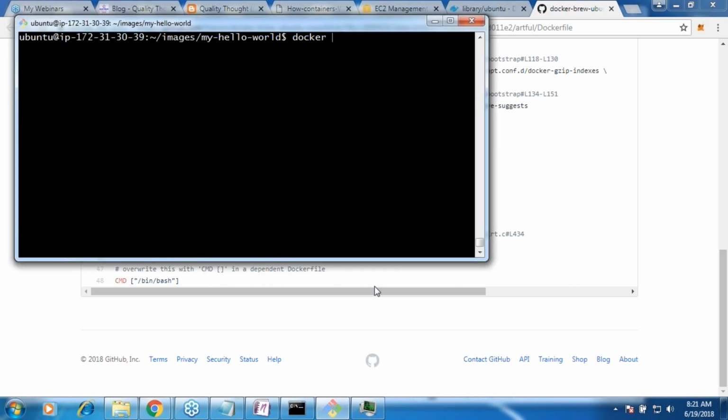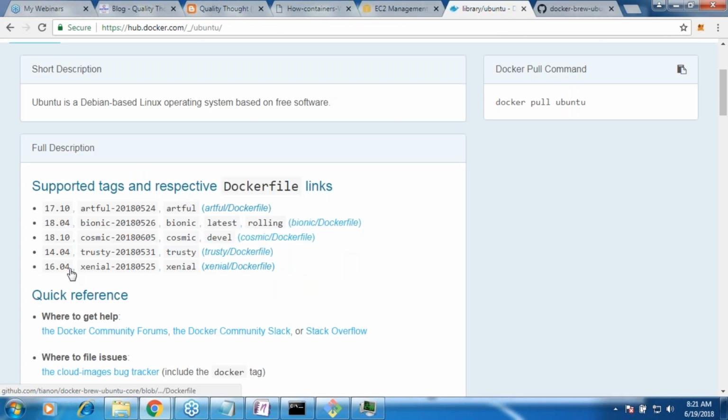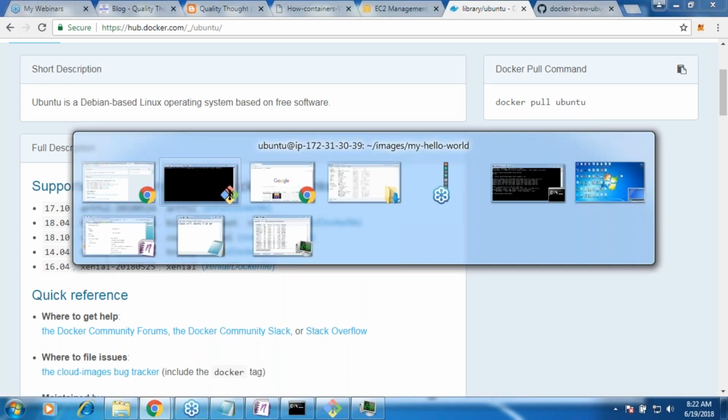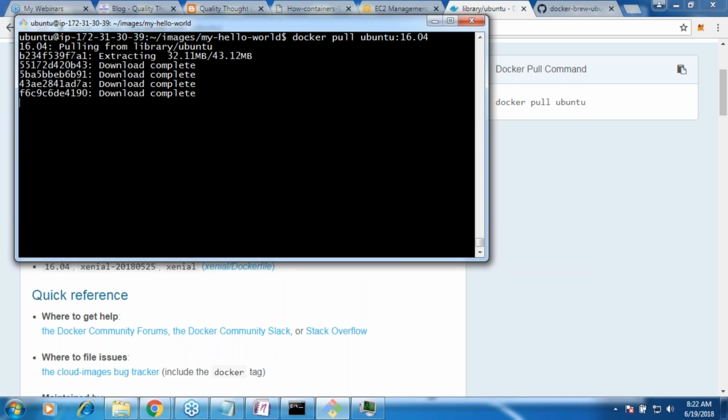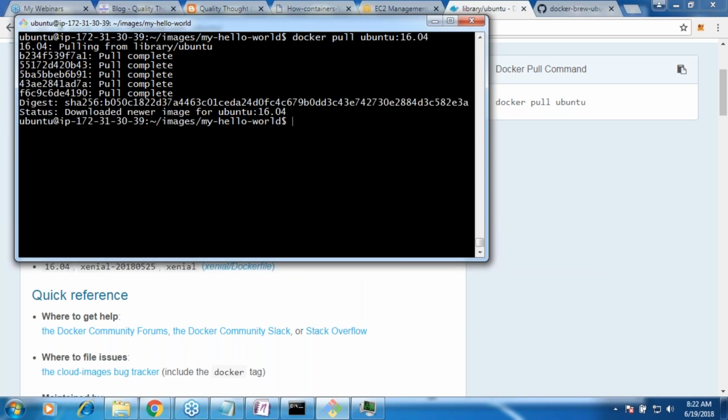So now can I do this? Docker pull ubuntu, colon, I give latest, whatever is latest shall come up. Or if you want to be very specific, you can see in the tags what version you want, right? So what is latest? Latest is 18.04, but let me take 16. It might be very small in size compared to what your actual operating systems are. Docker images, see what is the size of Ubuntu?